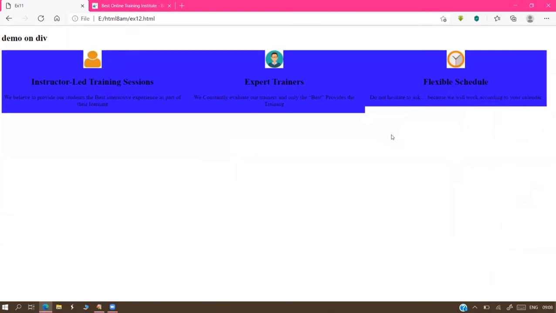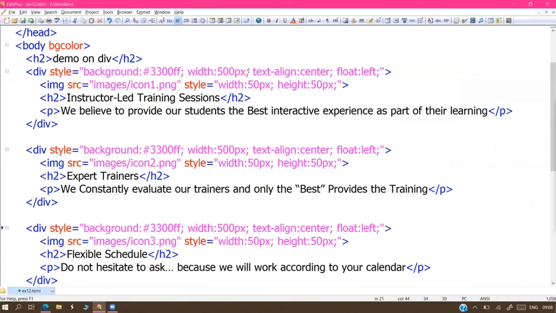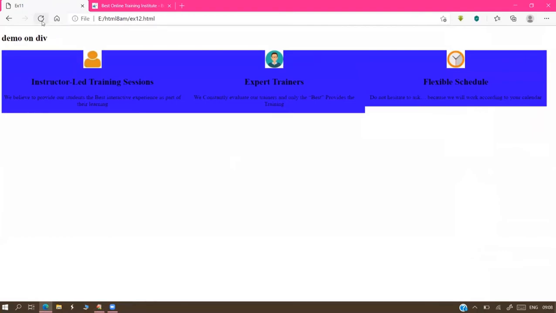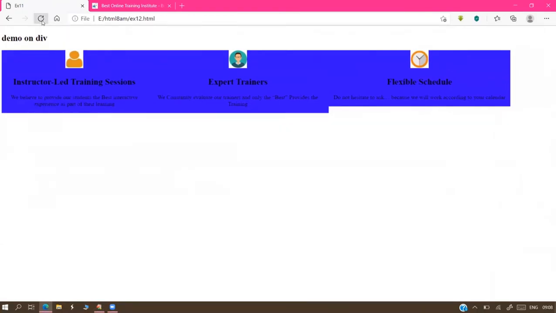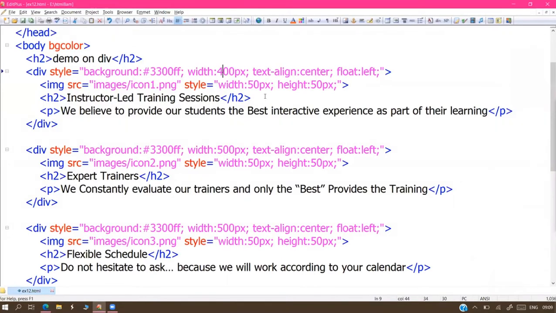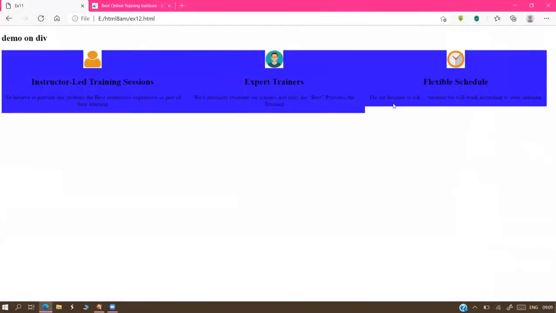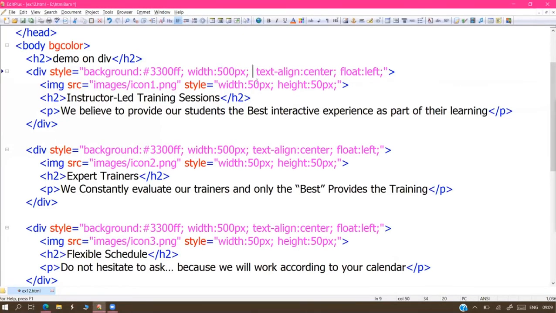That is also a very dangerous process, sir. Yes, that's why we can set a fixed height for everything. Whenever the width is adjusted, the heights are going to change because the content adjusts automatically. At that time, we will definitely get a problem. So irrespective of content, go for a fixed height. For the last one, adjust the height a little bit. The first two are properly available, but don't believe that. Maybe future data will increase, and these will also go up and down. That's why take the height also in a fixed format.